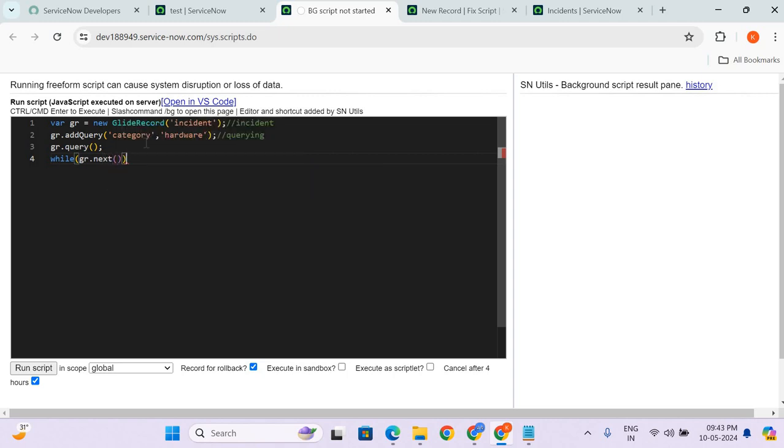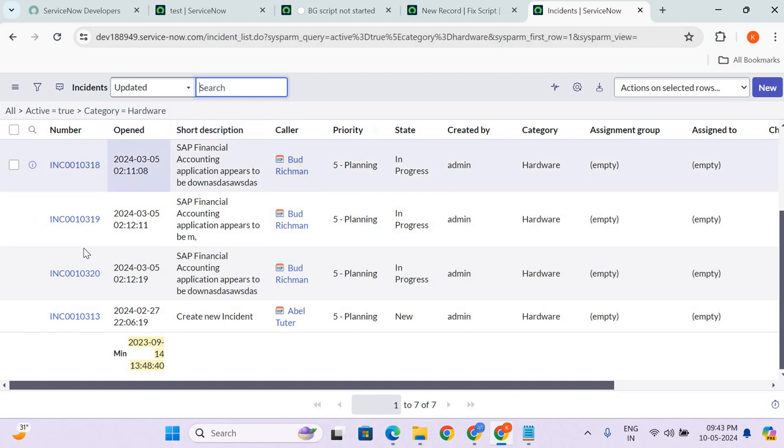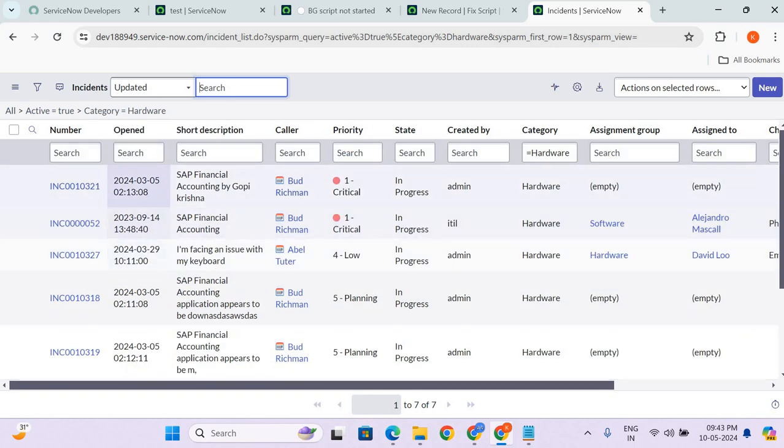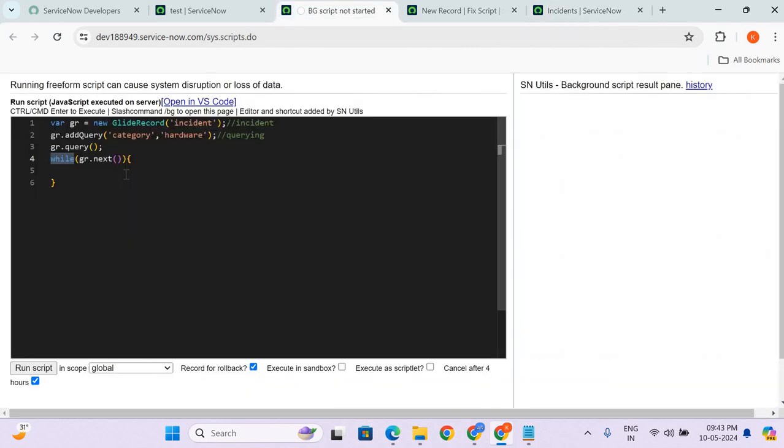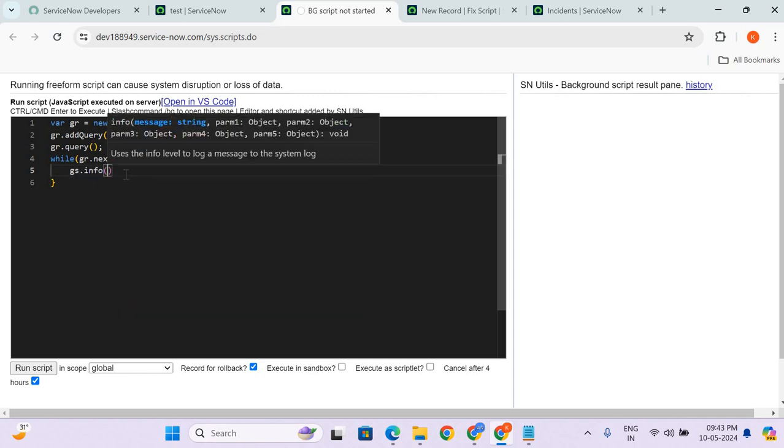So gr.next is where it actually goes through every record of this table and gets the number. So I want to print the number. What gs.info does is print, so in order to print, we'll be writing gs.info, the number